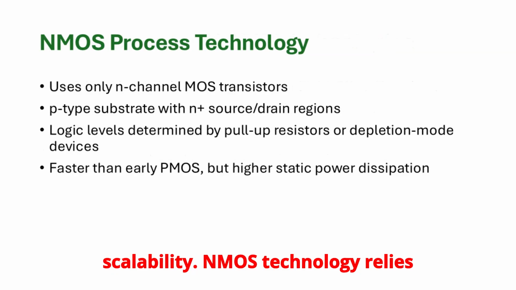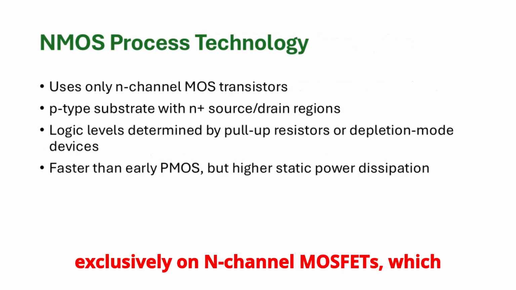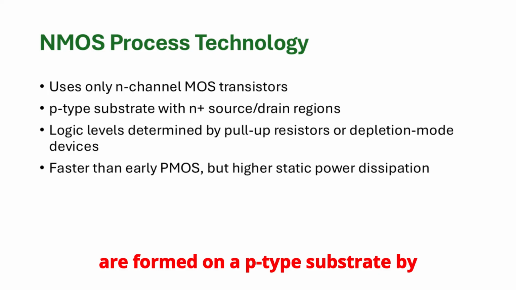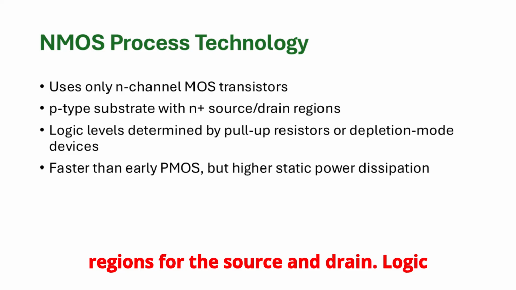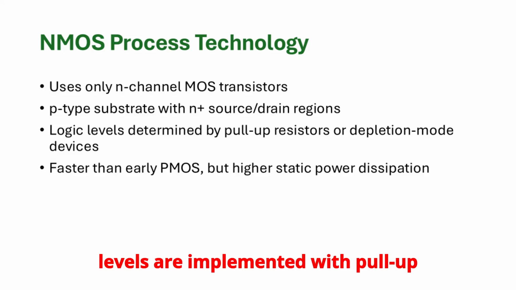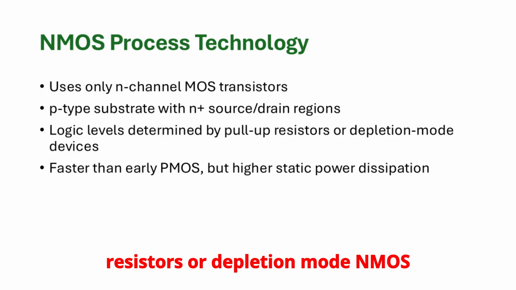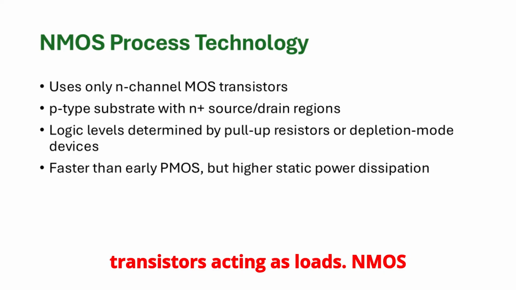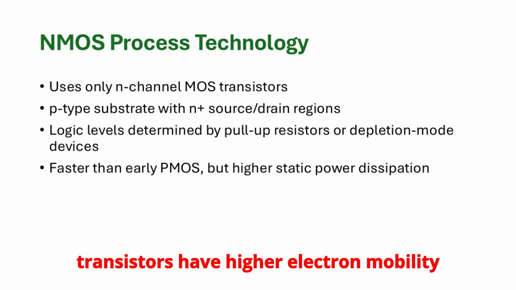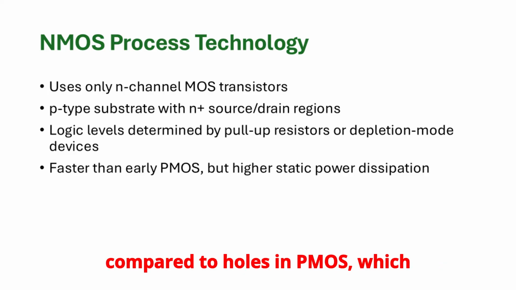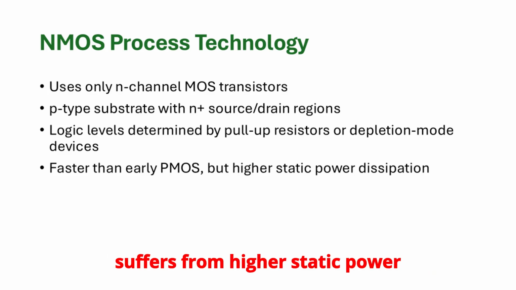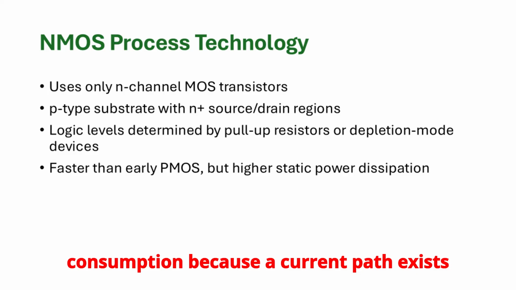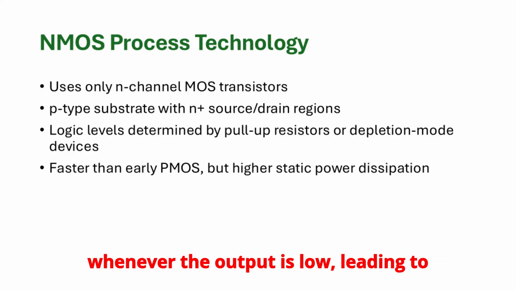NMOS technology relies exclusively on N-channel MOSFETs, which are formed on a P-type substrate by diffusing or implanting heavily doped N+ regions for the source and drain. Logic levels are implemented with pull-up resistors or depletion mode NMOS transistors acting as loads. NMOS transistors have higher electron mobility compared to holes in PMOS, which makes them faster. However, the design suffers from higher static power consumption because a current path exists whenever the output is low, leading